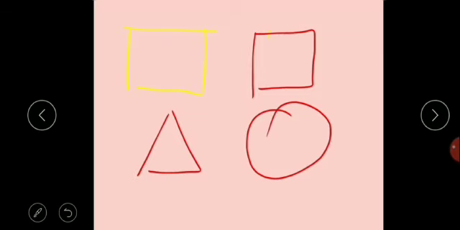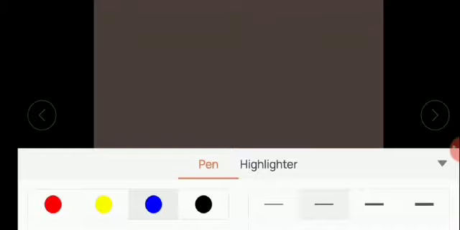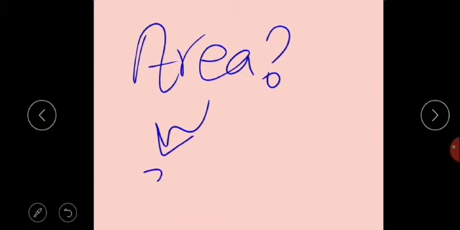Before we move forward, let's talk about this. What is actually the area? Think for a moment. What does the word area mean? If I say don't go in this area, it means that you're not supposed to go to a specific place, a specific part of your ground or of your house. So basically, area is how much space is occupied by an object. But area is mostly referred to for 3D shapes.